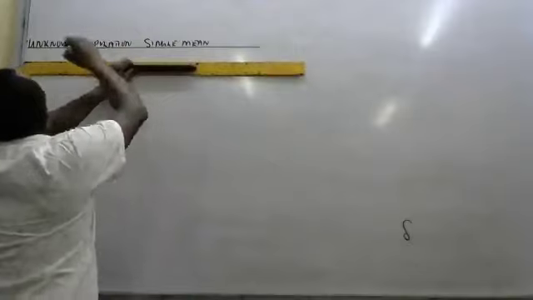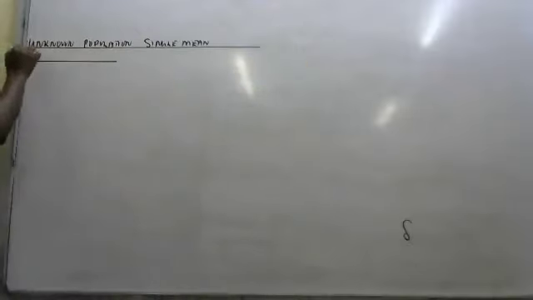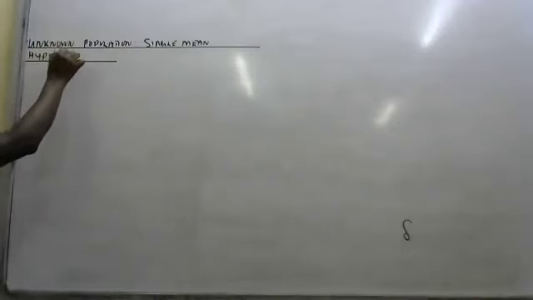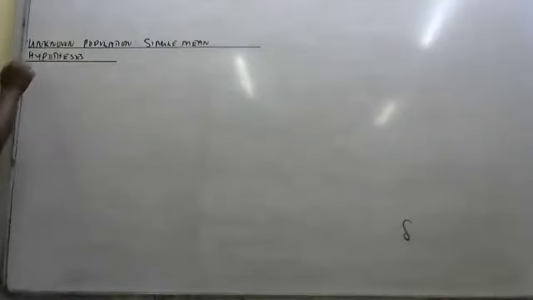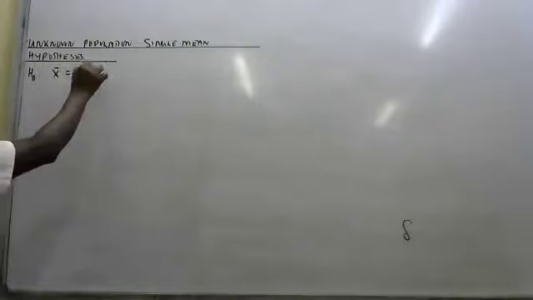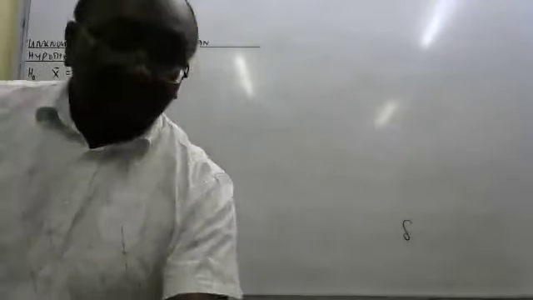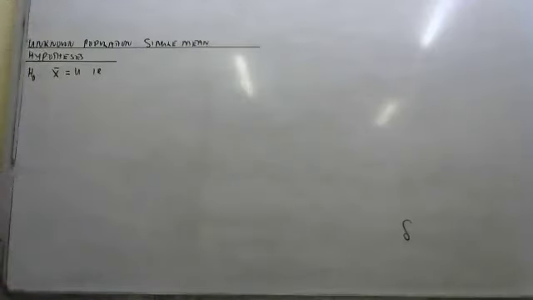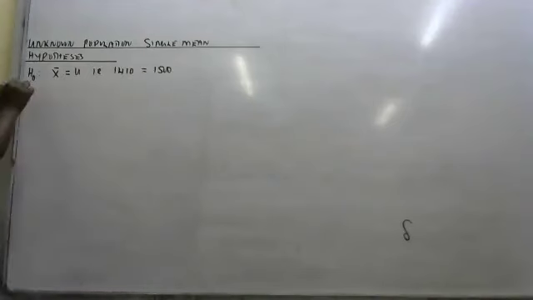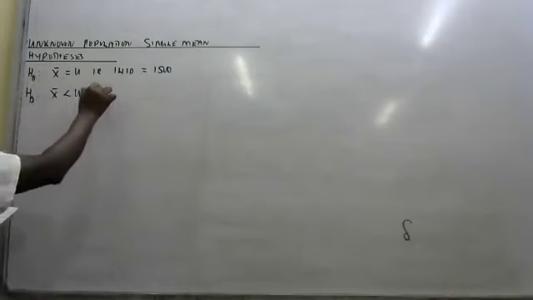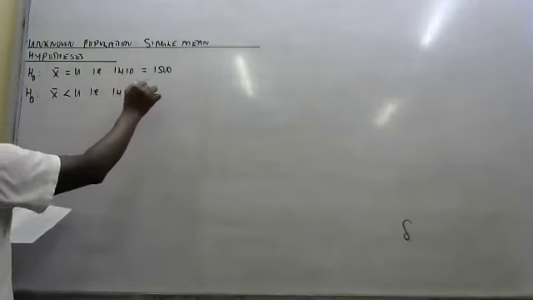So let's begin the journey. Hypothesis. In the hypothesis, I've told you this one, you should always put it that X bar is equal to mu. That is, this one was found as 1410, and we say it is equal to 1500. And the alternative is that X bar is less than mu. That is 1410 is